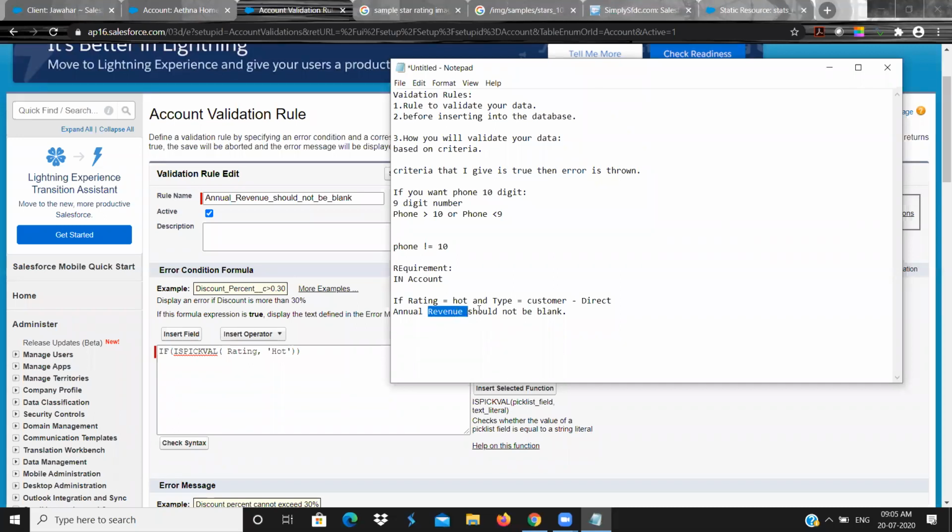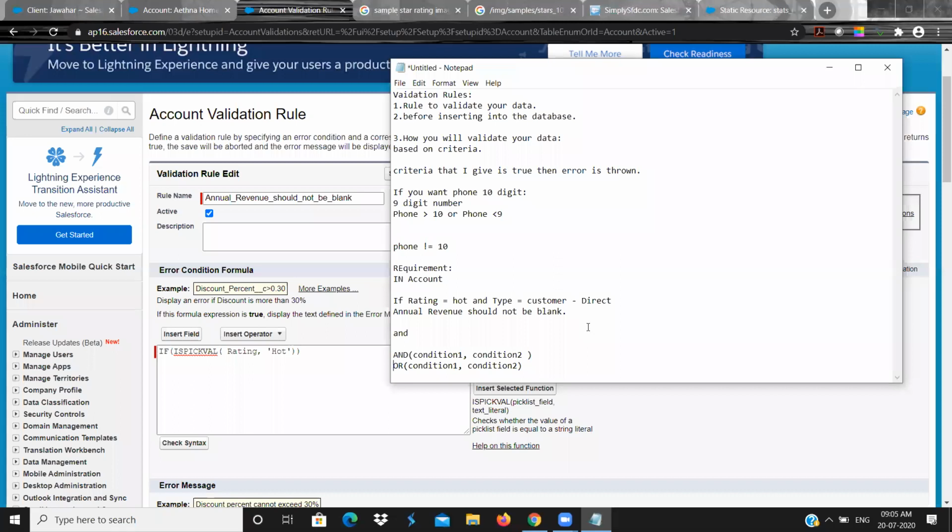So three things should be satisfied, right? In that case, I will use the AND operator. Here, how you can use the AND operator is AND of condition 1, comma, condition 2. Like that only you can use the AND operator. Or if you wanted to use the OR operator, OR of condition 1, comma, condition 2. So like that only you need to use AND and OR operators.